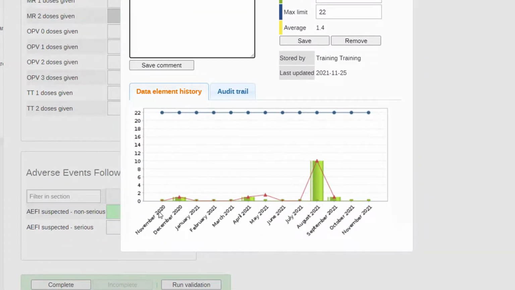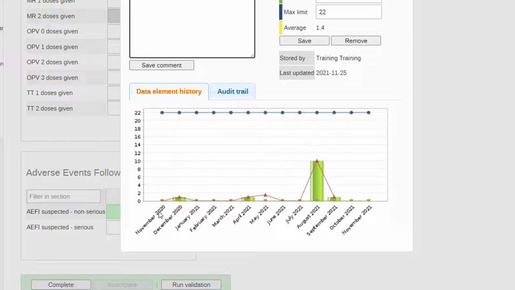For numerical data elements, this appears as a chart that shows the values entered for this data element in the periods for which data have been collected. This helps you at a glance to see how the value you have entered compares to previous values for this data element.